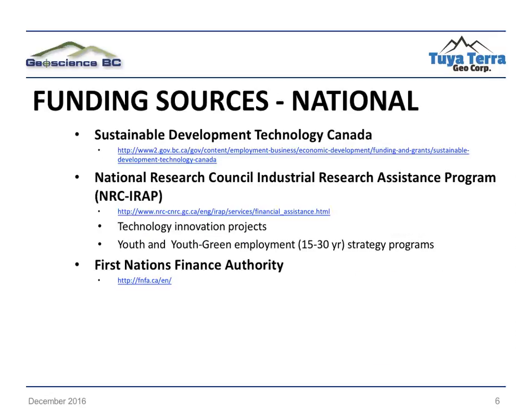Before we go through some of the examples for what's available provincially in BC, there are three major funding sources available nationally. One of these is the Sustainable Development Technology Canada Granting Program, and the other is the National Research Council Industrial Research Assistance Program. And there is also a third option I've included here, which isn't a granting program, but it allows First Nations to